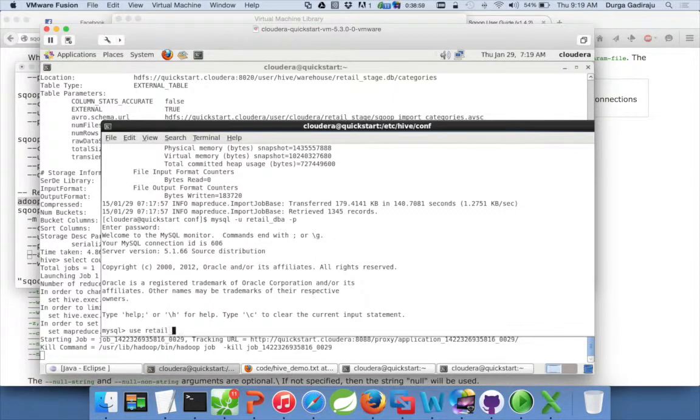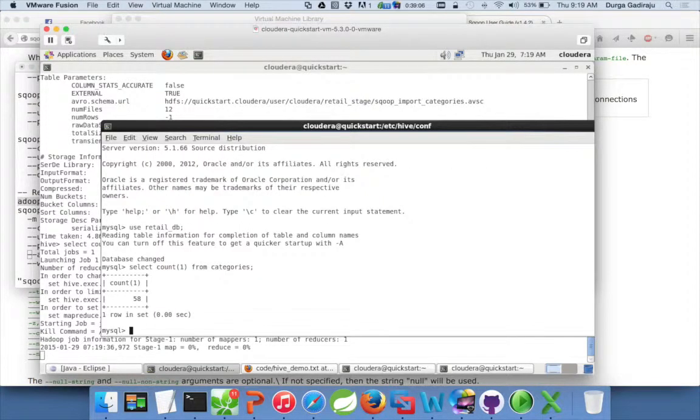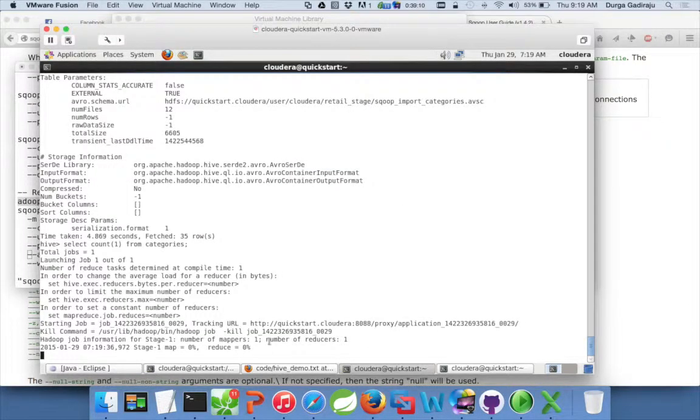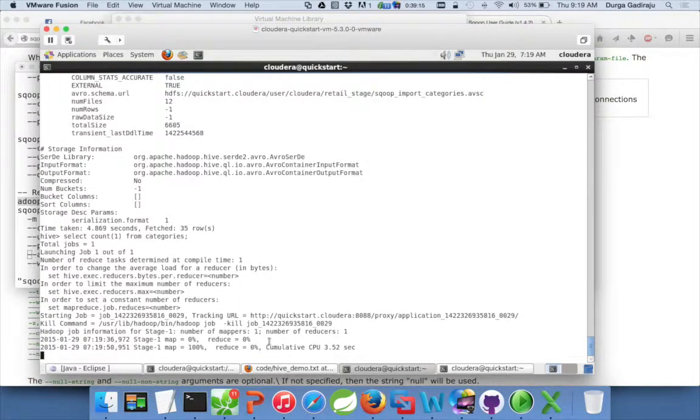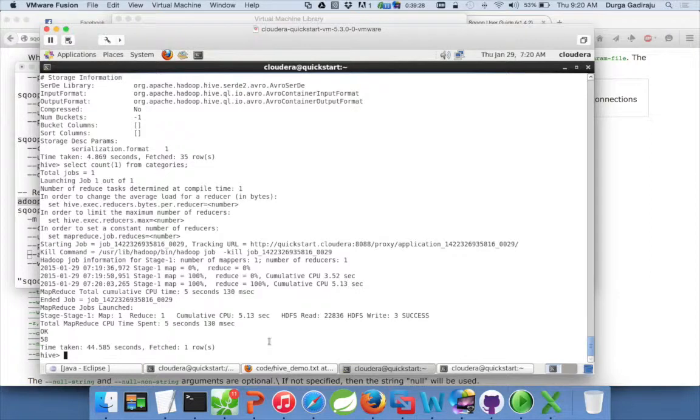Use retail_db and select count of 1 from categories. There are 58 records, and now let us see how many records are there in our Hive table in the stage database. There are 58 records, so the data is copied appropriately.